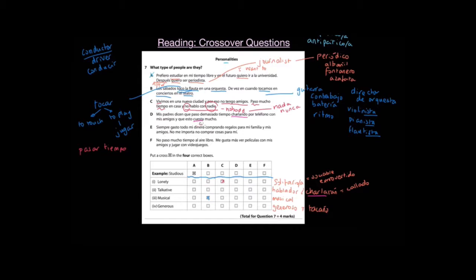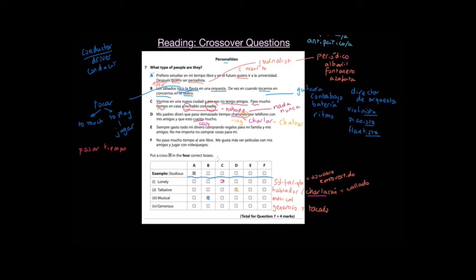Notice cuesta is it costs. So we've got charlando, chatting from the verb charlar. Notice that this ando or ndo is like the ing in English. Chatting, charlando. And also remember that charlar is to chat, but it's only to chat face to face. If you're chatting online, that's chatear. So D is going to be someone who chats a lot, so that's someone